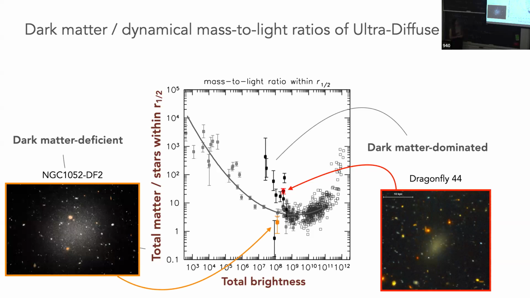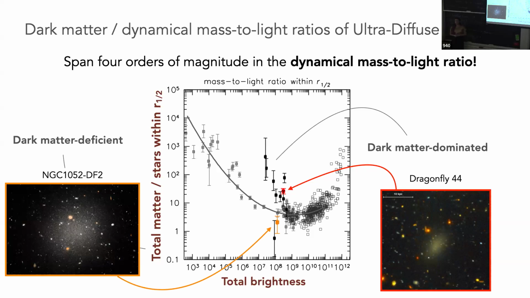Okay, here is DF2, imaged with Hubble. Are those in a cluster, or are they just on their own? This one is in a group. This one we thought was in the Coma cluster. We did many follow-up studies. Now we think that it's falling into the Coma cluster in a little group of 3 or 4 galaxies. So yeah, MOND is not going to work here, and it's not going to work here. Okay, I don't want to talk about MOND.